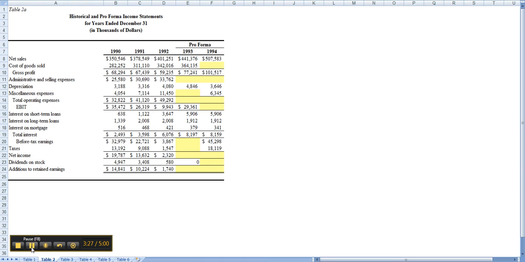Then question 3 says, now complete the tables, basically tables 1, 2, and 6, the pro forma information. And this is where it gets kind of tricky. This is where you've got to use the case information to find out what they project these numbers to be. Like for instance, the case states that in 93 and 94, they predict cost of goods sold will be a certain percent of net sales. So from that, you can calculate cost of goods sold. And some of these numbers will just be adding up the columns or subtracting one number from another.